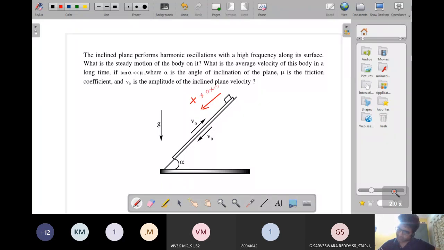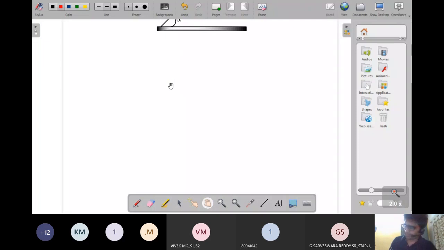Positive x-axis. I'll draw the diagram again, turning it into an almost horizontal plane, so I'm drawing the diagram in the x-axis direction. Okay, so let me move. The block is moving. So in this new diagram, this is my positive x direction. On the block, the forces that would be acting in the positive x direction, towards your left,